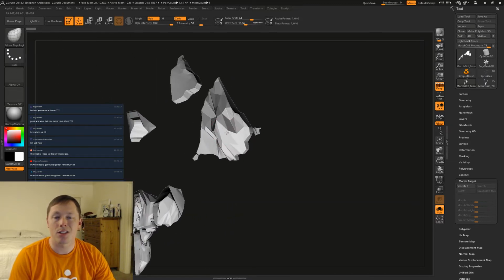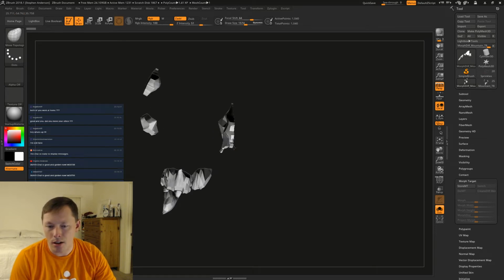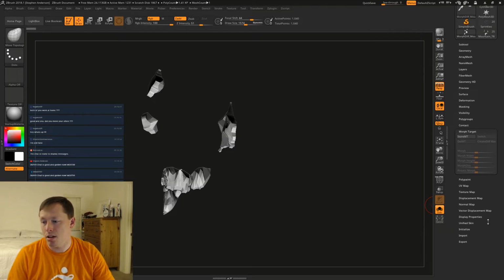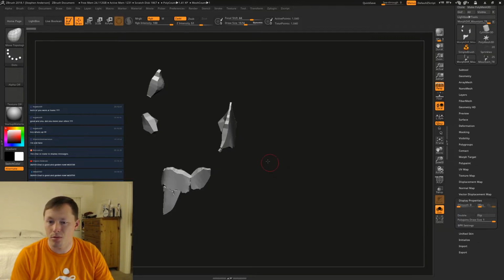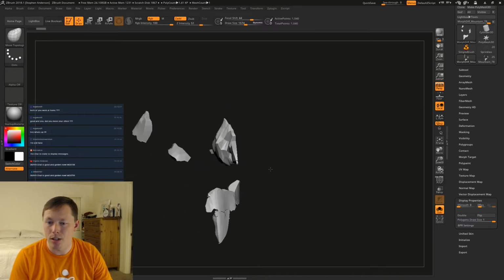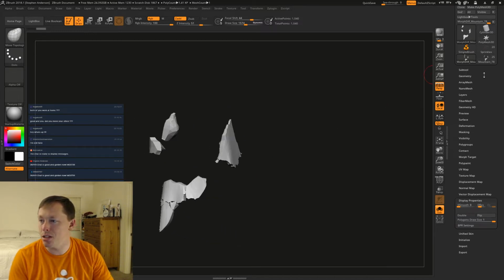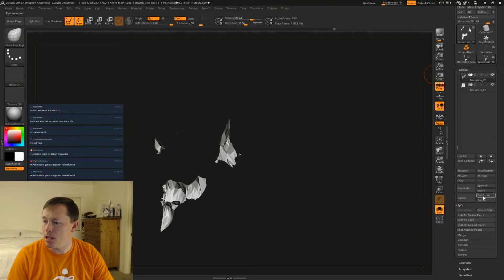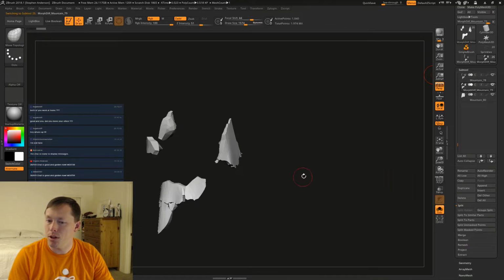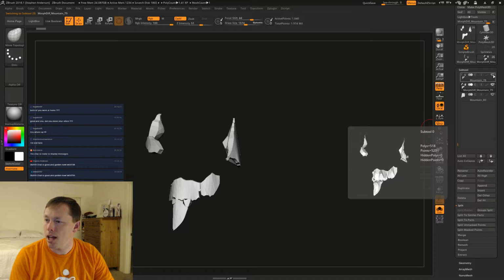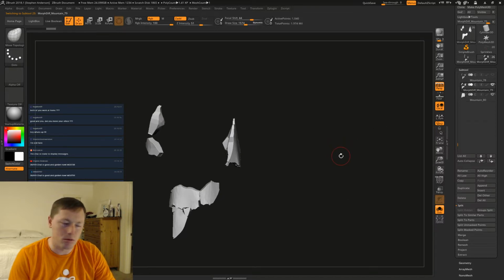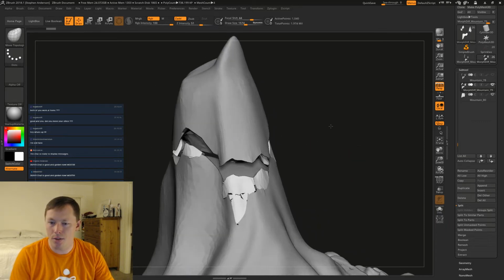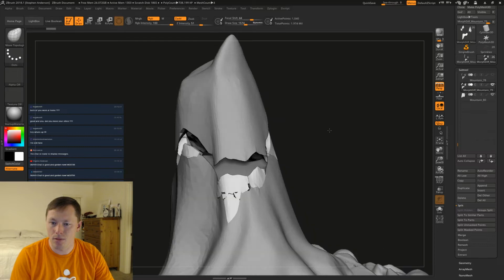Okay, so now this is really interesting because it's inside out. But it's inside out because we used the negative inflate. So all we have to do is display properties and flip. Bada bing, bada boom. We have these nice, pretty little pieces. So we need to bring this back over in here. We're just going to come in here and say insert. Bring those pieces in. We'll hide the old ones because we don't need them anymore, right? No big deal. So now we've got these chunks that are just in here.